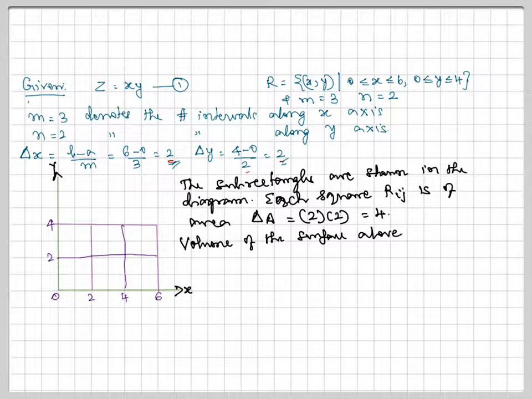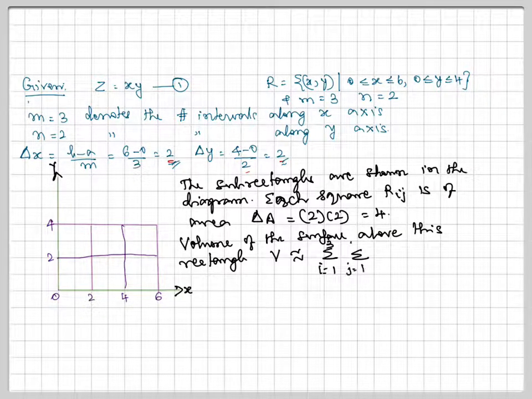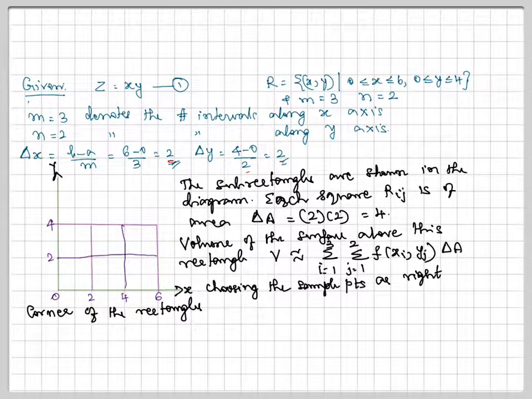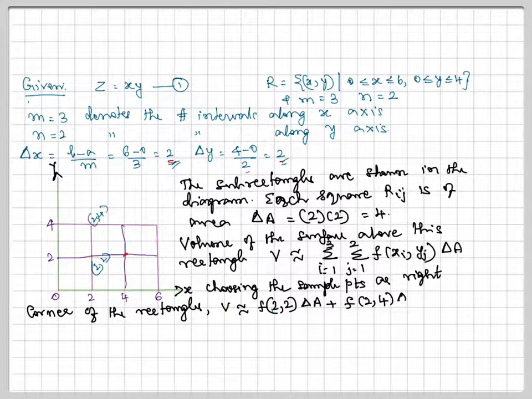Now, the volume of the surface above this rectangle is V approximately equal to the sum, i varying from 1 to 3, j varying from 1 to 2, of f of xi, yj, the right endpoints of each subrectangle, the right top corner, times delta A. Choosing the sample points as the right top corners of the rectangles, we get V approximately equal to f of 2, 2 delta A plus f of 2, 4 delta A. Then we choose this point, which is f of 4, 2, so f of 4, 2 delta A